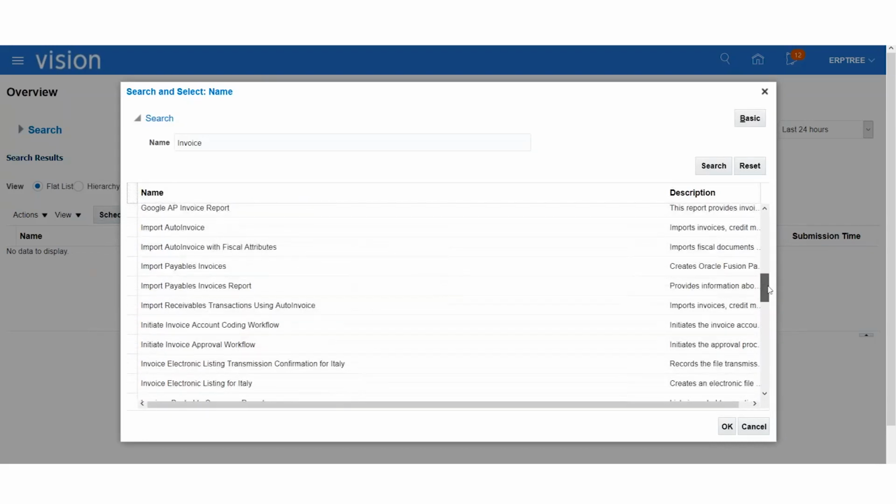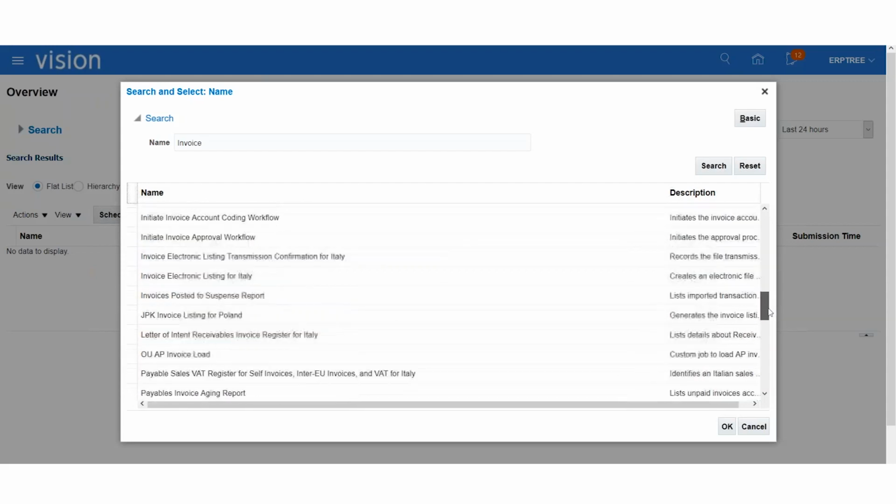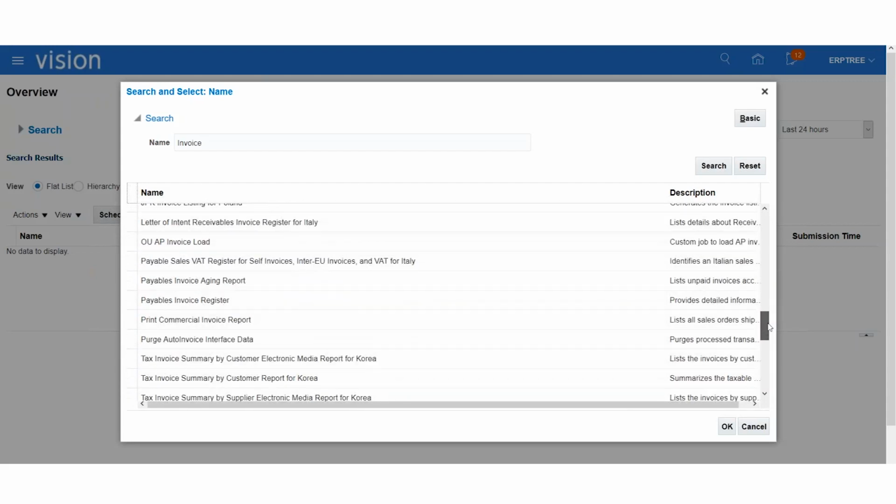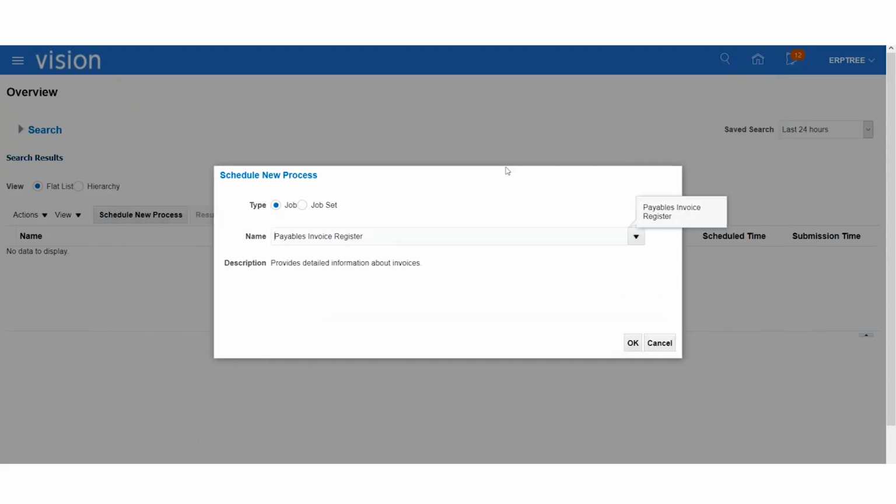So the implementer has all types of report access, like system administrator. Full access, yes. I'm selecting this report. Now here you can see it provides detailed information about invoices. So whatever you run, you can see the description for the report or process.